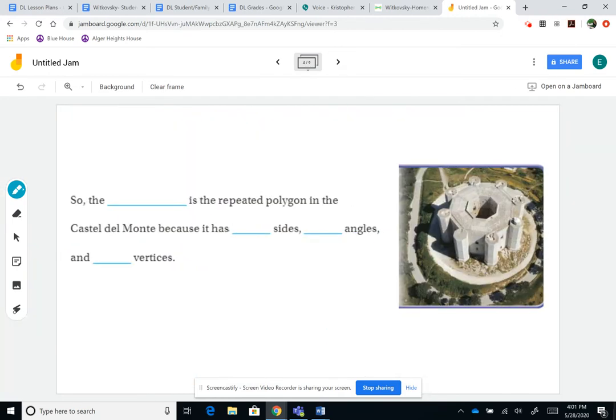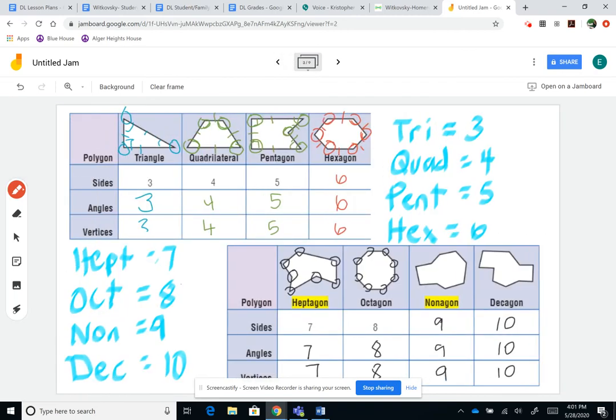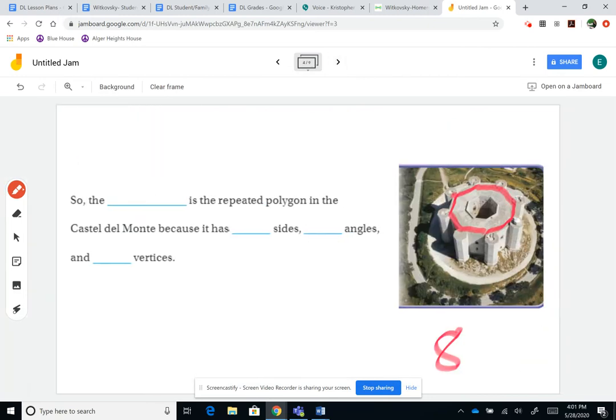So going back to the fortress, the Castel del Monte, what shape do you see there? Well, I'm going to carefully take the red and I'm going to go around. So we have 1, 2, 3, 4, 5, 6, 7, 8. So this has 8 sides. I'm going to put 8 down here, and I'm going to go back a slide, and I want to look here. It's an octagon. So I can fill it in. So the octagon